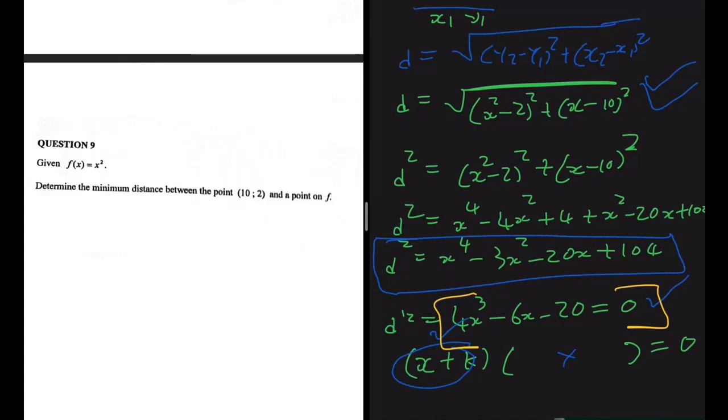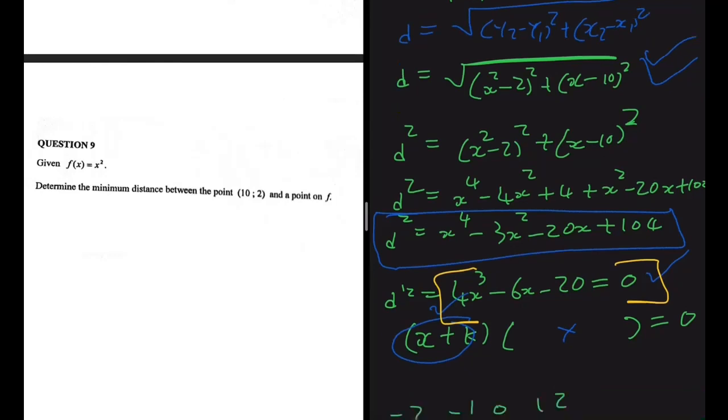Because if we substitute a value that is slightly above 2 and a value that is slightly below 2, and both of those values give us a bigger distance than when we substitute 2, then 2 is the value we're looking for. So let's go ahead and substitute 2. So if we substitute 2 in the distance formula, when x is equal to 2,